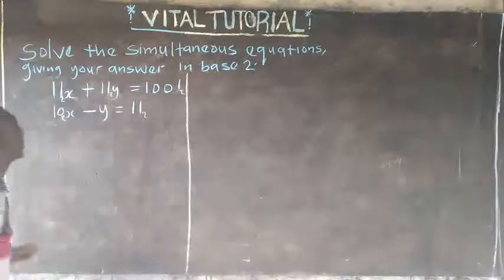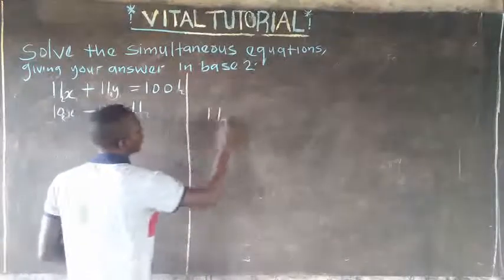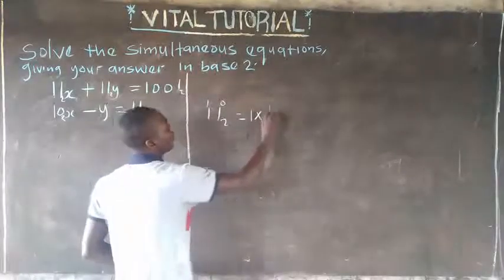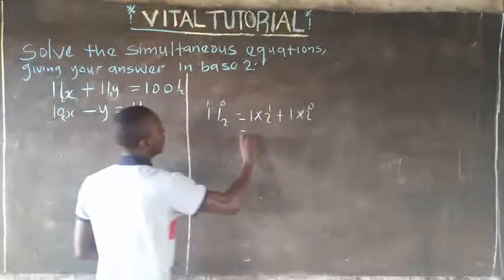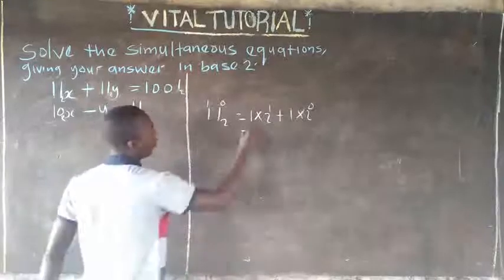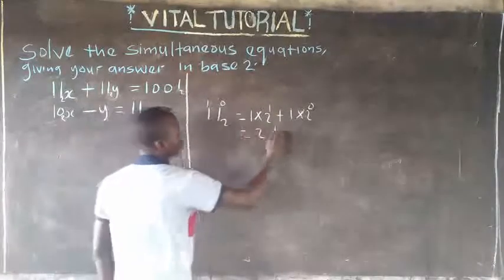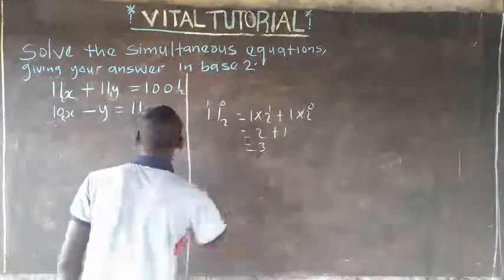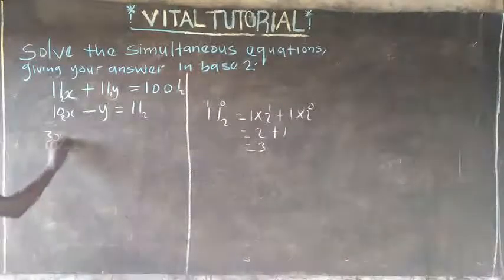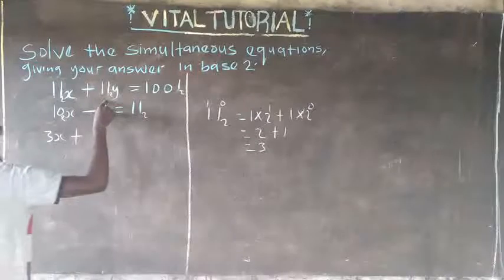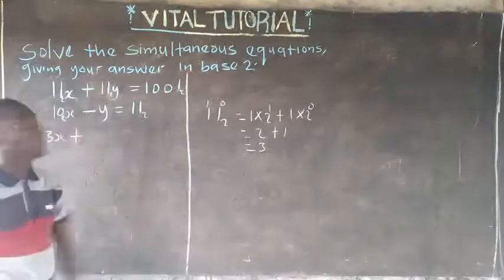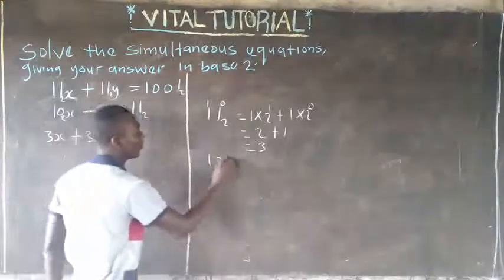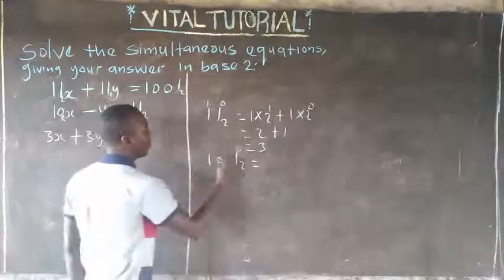Now for me to convert from base 2 to base 10, 11 base 2 has positions 0 and 1. So 1 times 2 to the power of 1 plus 1 times 2 to the power of 0. 2 to the power of 1 is 2, 2 times 1 is 2, plus 2 to the power of 0 is 1, 1 times 1 is 1. 2 plus 1 gives us 3. So it means this one will be 3x, plus, converting 11 base 2 to base 10 is nothing but 3. So this one will be 3y equals to